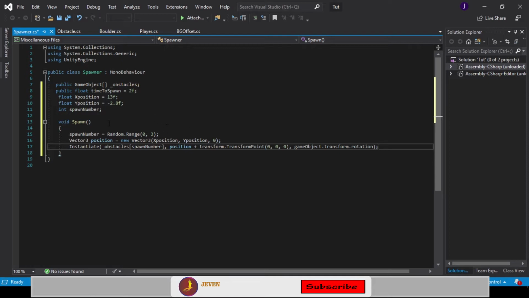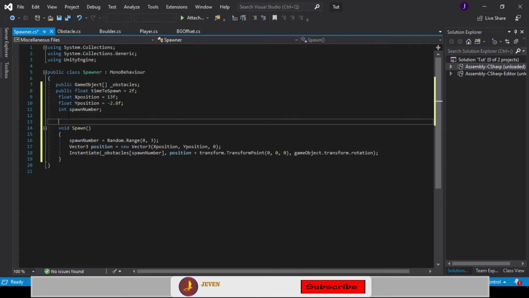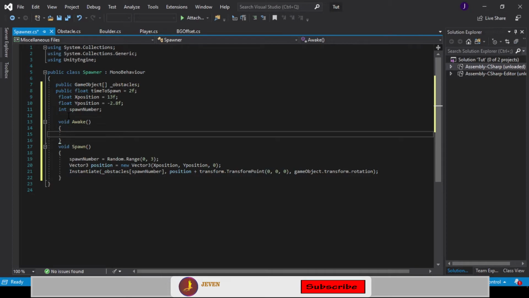Now this is just a temporary method, so it's not going to be called upon unless we call it in a way, and we don't want to put this in the Update because it's going to be called every frame, which is not good for us since it's really fast when it comes to the update. So what we do is we go up here and create a new method. We can call this void, and then we call on the Awake function, which is called before the game gets loaded. And in this Awake, what we put inside is InvokeRepeating. This is a method that keeps calling itself, and then we put in the method name. In this case it's going to be the spawn,